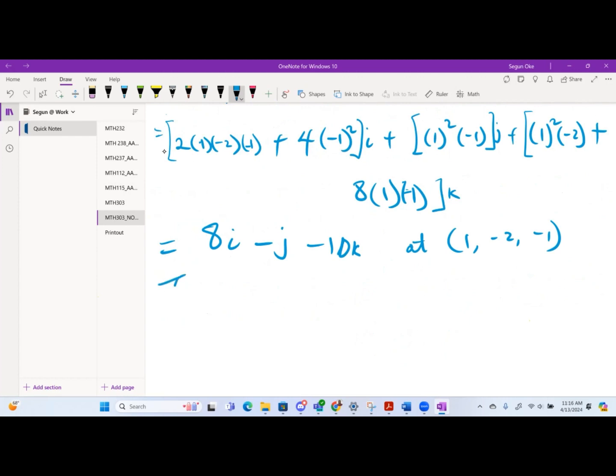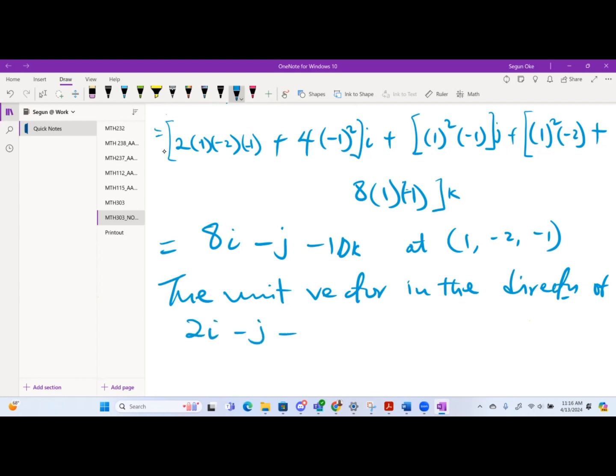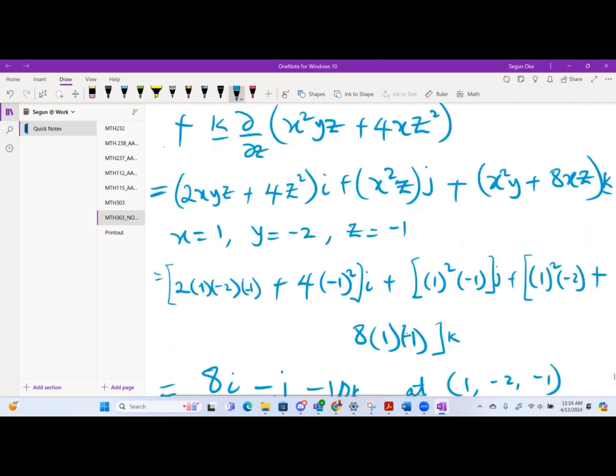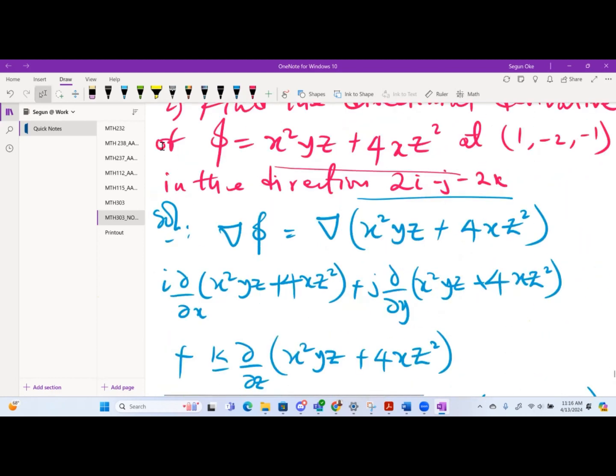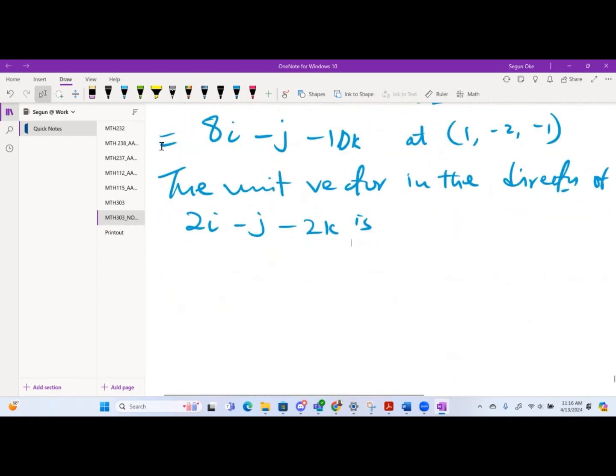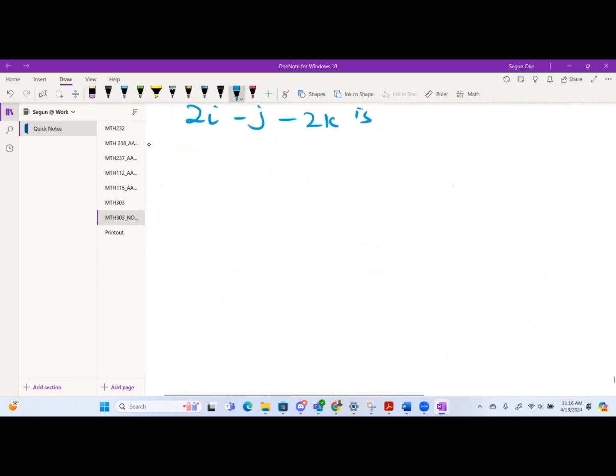Then let's look at the unit vector. The unit vector in the direction of 2i minus j minus 2k is, remember we are given the direction 2i minus j minus 2k. Take note of that. Our a, we write the small a as a unit vector to be 2i